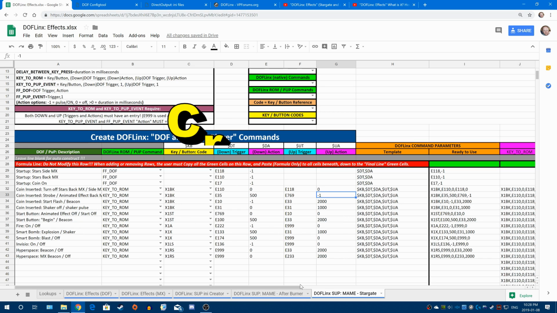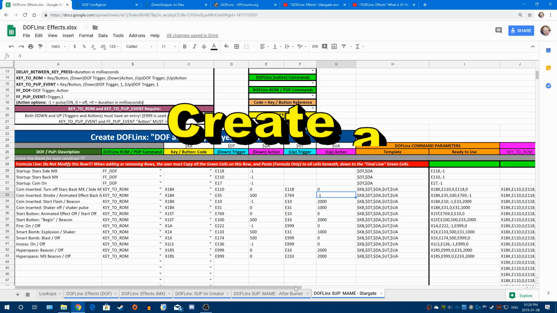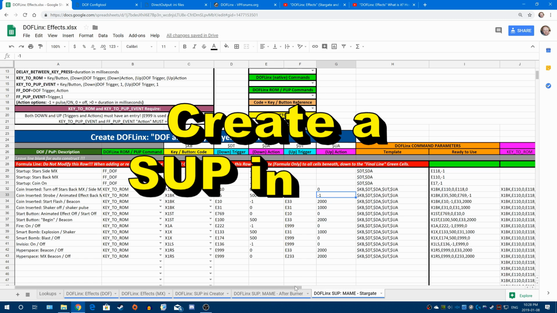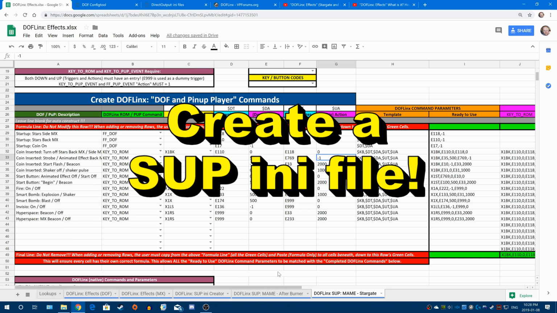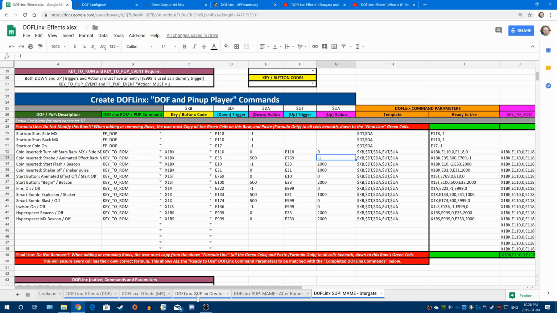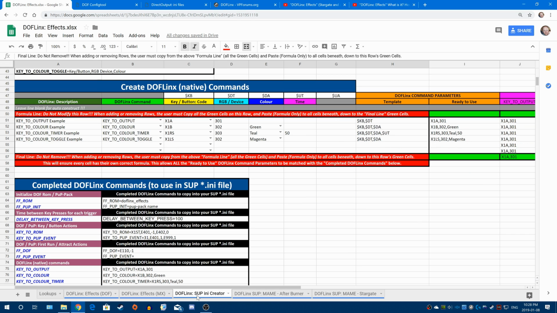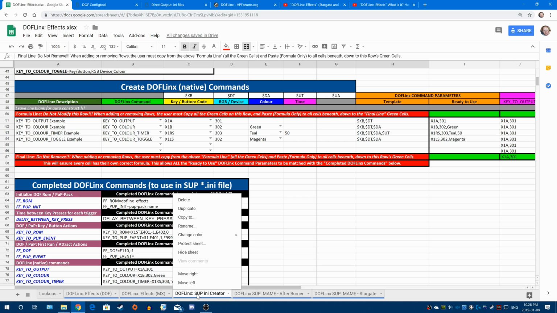All right, now I know this is a bit much, so what I'm going to do is go through the process of creating one. We're going to do a very, very, very simple one. We're going to create one for Galaga. So here's what I'll do. Go to the SUP INI creator. We're not going to use this one. We're going to duplicate it and then use it. So I'll duplicate it,